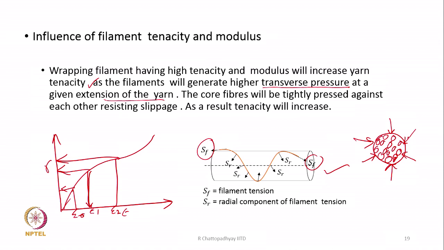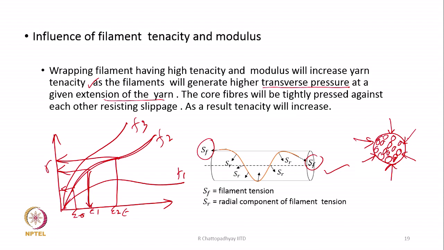They will resist more and more slippage. So, how much force will develop depends upon the nature of this curve. This curve, or another curve like this or another curve like this. This is filament 1, this is filament 2, this is filament 3. Filament 3 is having higher initial modulus than filament 1. So, filament 1 will generate less force, filament 3 will generate more force,